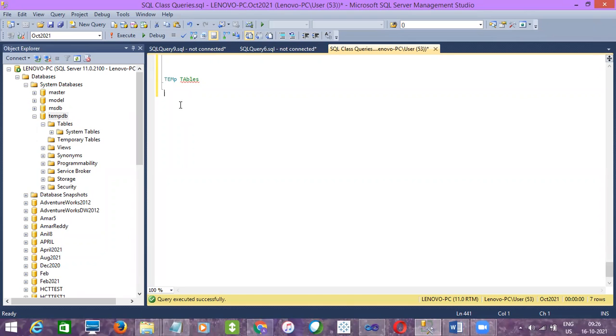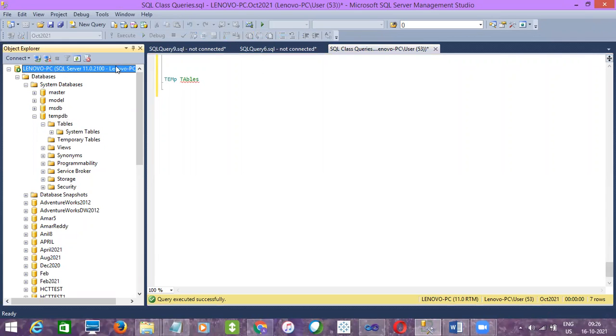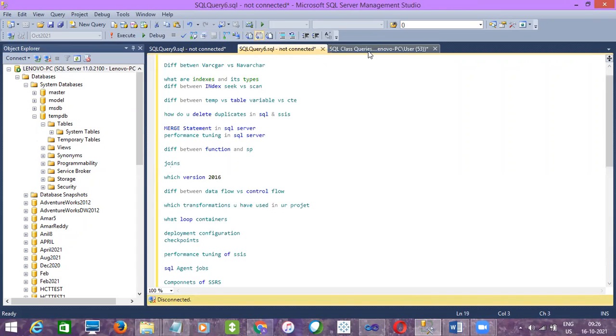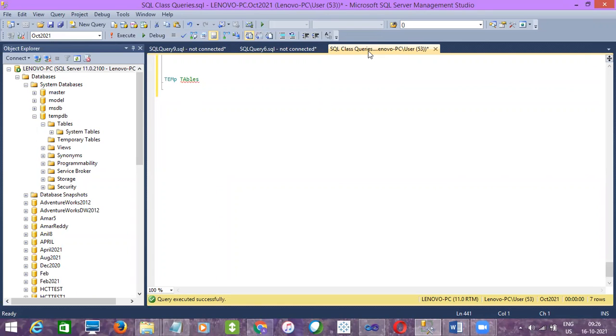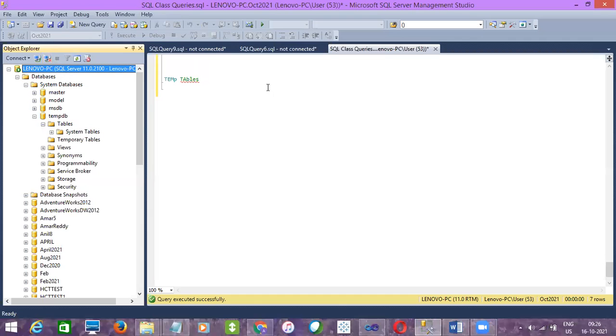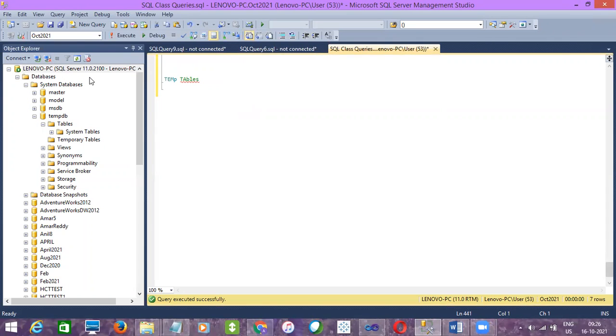Session means this entire connection, the server Lenovo-PC, where we have opened 3 query windows. If I disconnect and close it, these temporary tables will be deleted from the database. I repeat, these are session-oriented tables, and until the session ends they stay under temporary tables in tempdb.